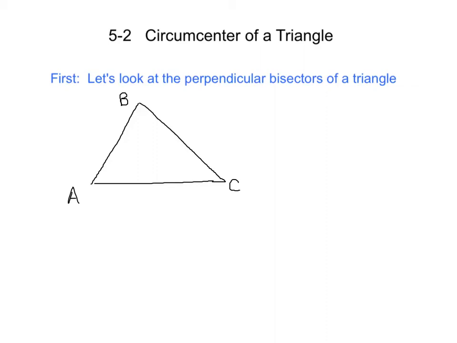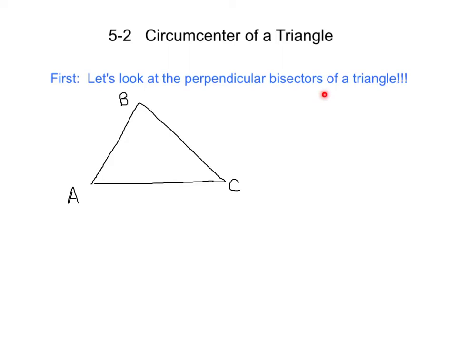Today we're going to use our knowledge on perpendicular bisectors to talk about 5-2, which is the circumcenter of a triangle. So first we're going to look at the perpendicular bisectors of a triangle. So I drew a triangle here, triangle ABC. Now we know what perpendicular bisectors are. We just talked about them in 5-1. Just looking at the word, perpendicular means it forms a right angle, and bisector would mean it cuts a segment